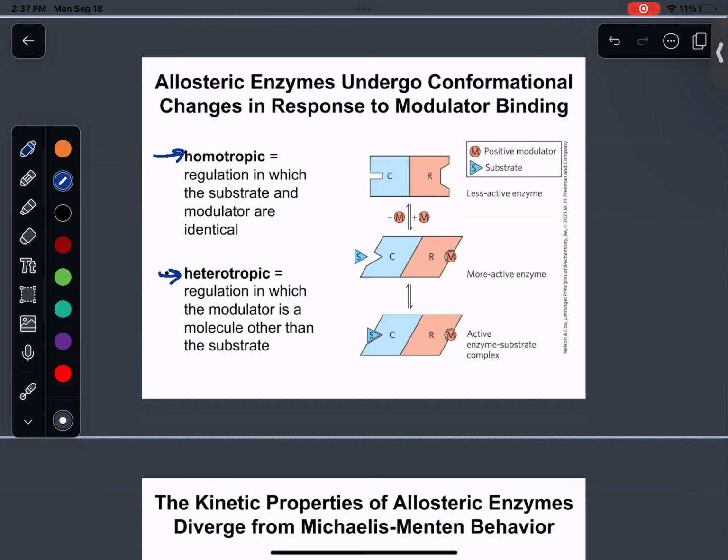The same substrate, let's say it's substrate A. Substrate A can bind onto here, and the same substrate A can bind onto the allosteric site. And by binding at that allosteric site, we're going to supercharge it. This enzyme is going to go crazy. It's going to really have an increase in enzymatic activity. It's going to become way more active.